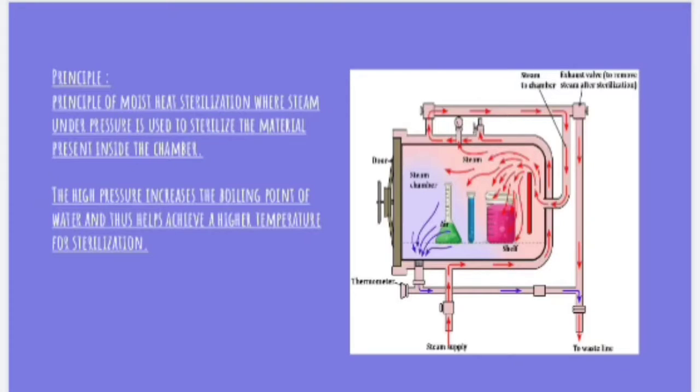Before beginning to use the autoclave, it should be checked for any items left from the previous cycle. A sufficient amount of water is then put inside the chamber. Now, the materials to be sterilized are placed inside the chamber. The lid is then closed and the screws are tightened to ensure an airtight condition, and the electric heater is switched on.